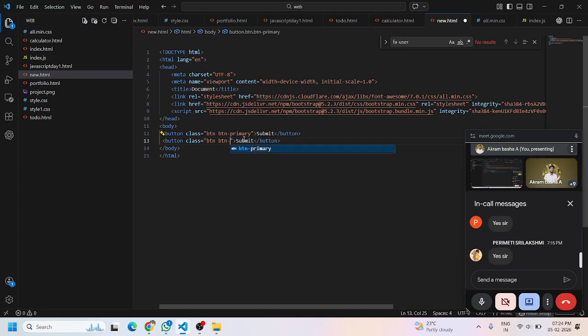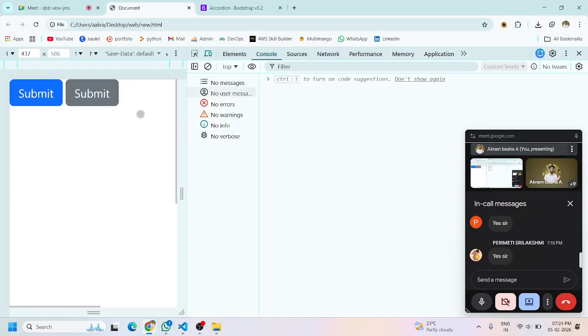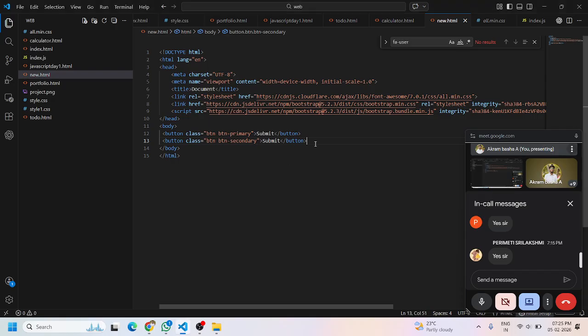When you make secondary, you get gray color. If you want a button in green color, you just have to use button type as success. These are built-in colors in Bootstrap. Success will be for green color. For red color, you should use danger. For orange color, we should use warning. For yellow,